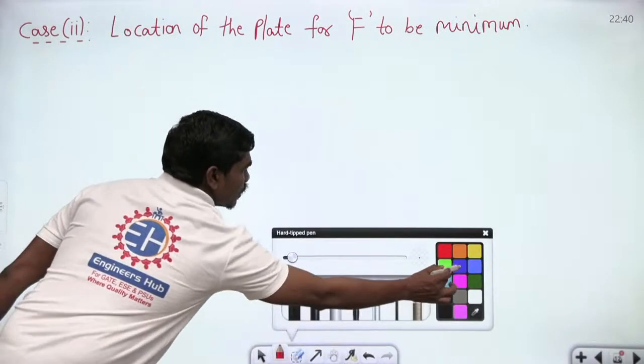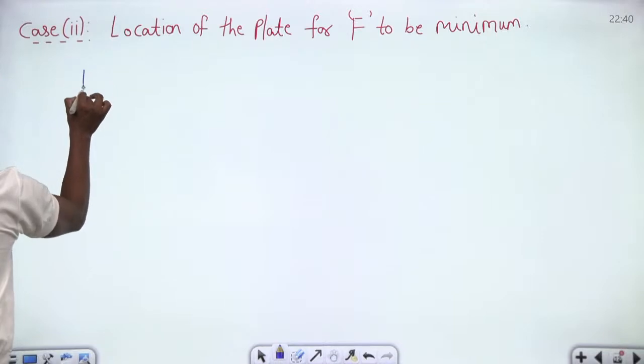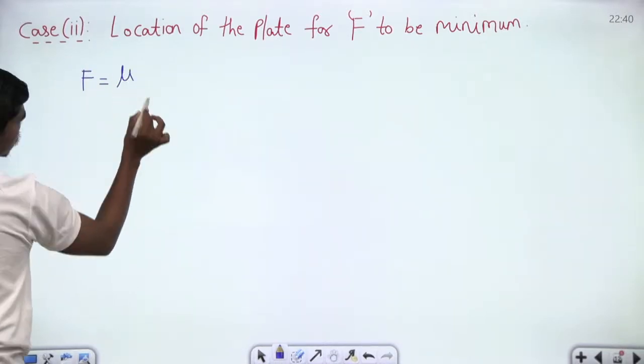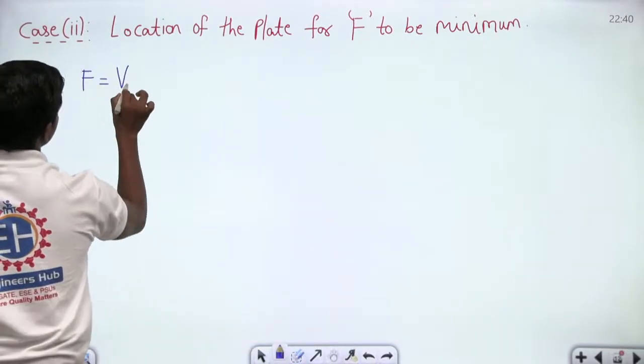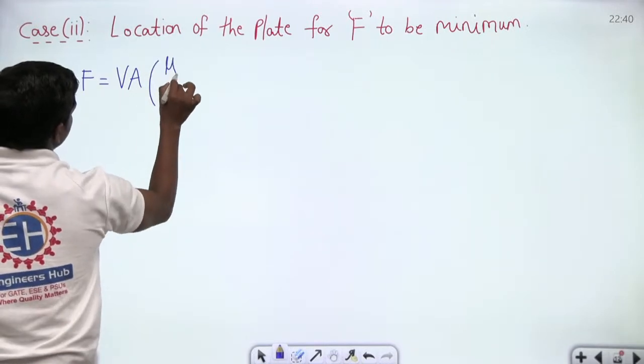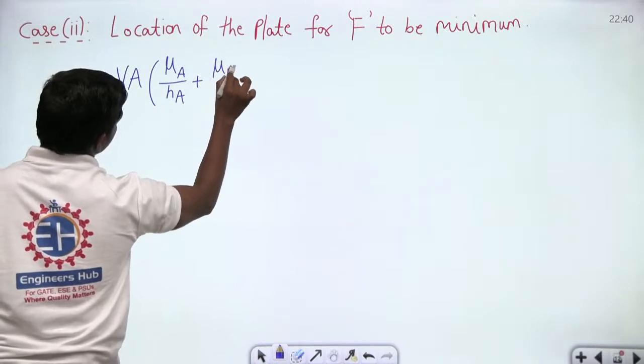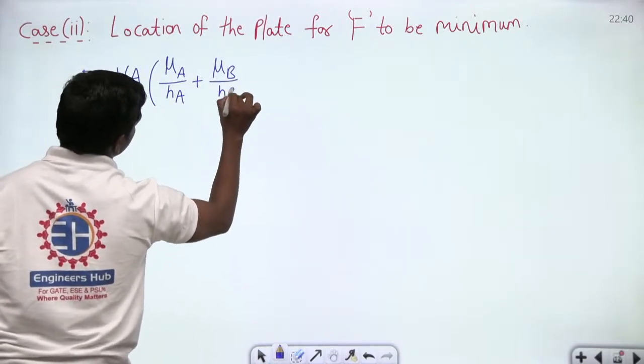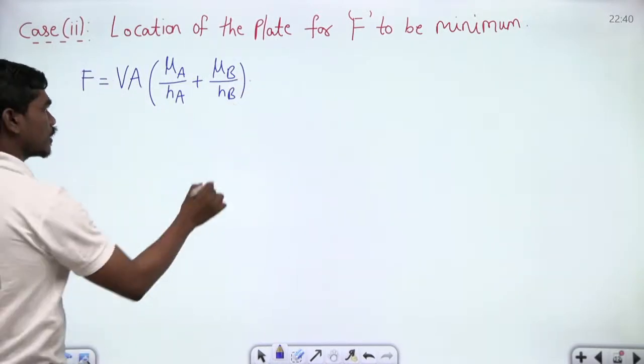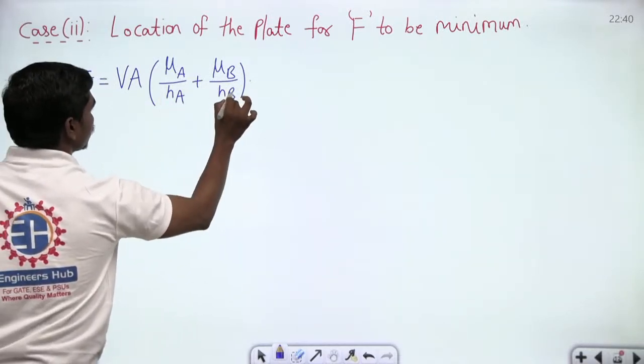So if you write, you have F is equal to V times A into mu A divided by HA plus mu B divided by HB. Correct? This is what we have. Now, let us suppose